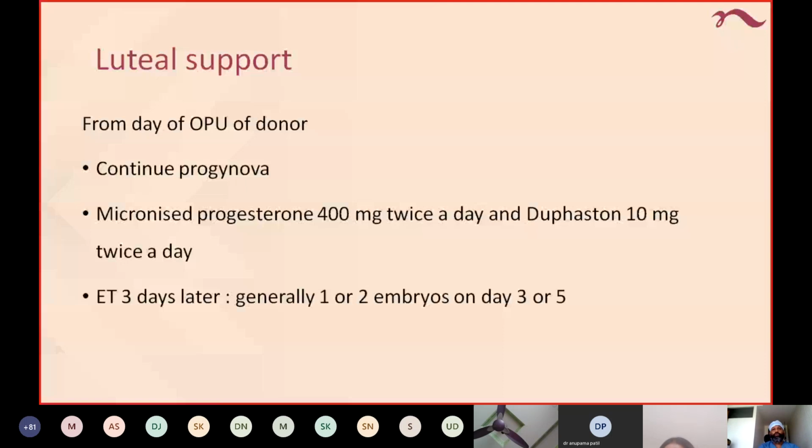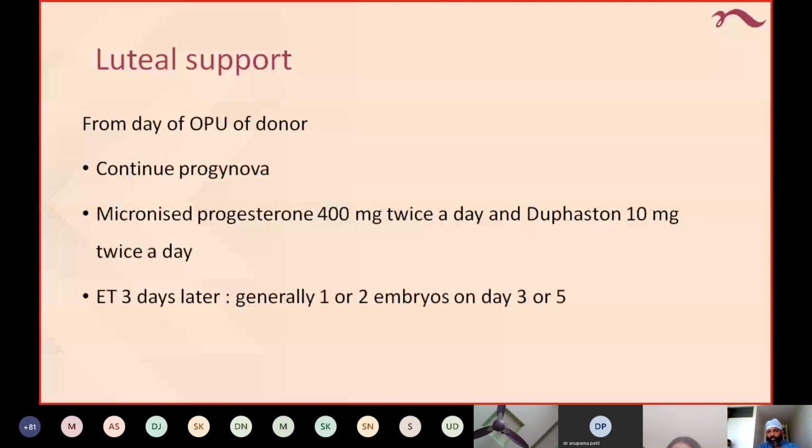Yes. So it's important that you identify a good donor who has good egg reserve. Here there is a flexibility of changing the day of OPU, and the recipient has a larger window, so plan to have the recipient ready early.